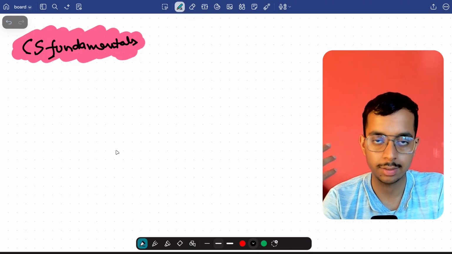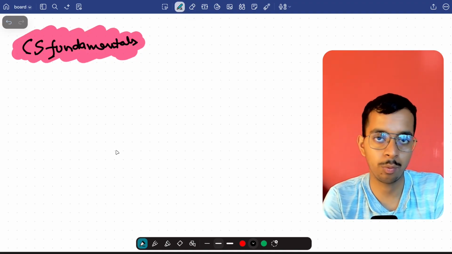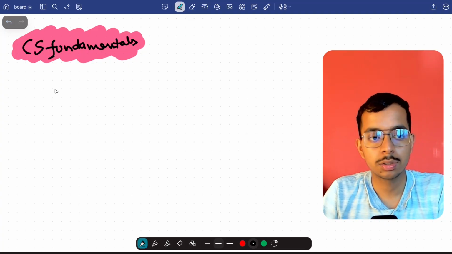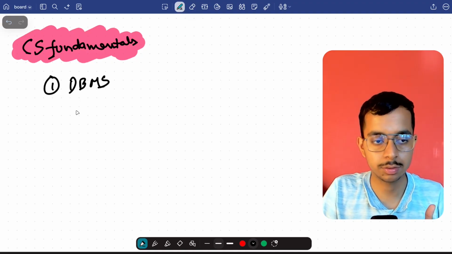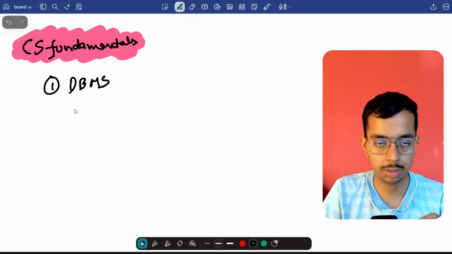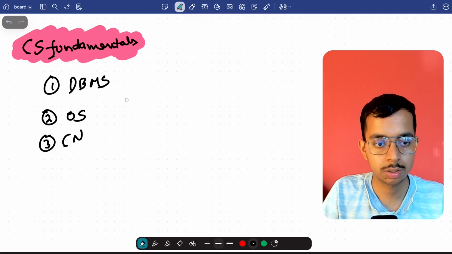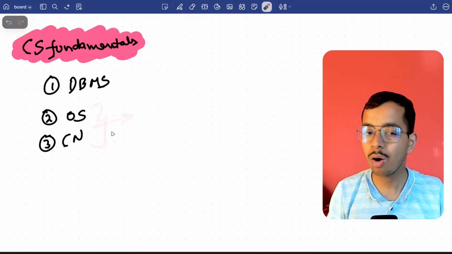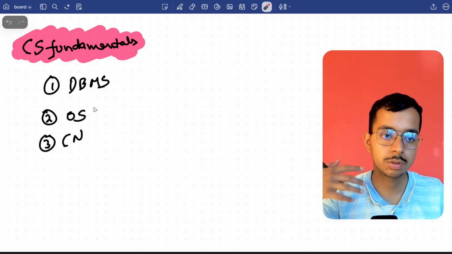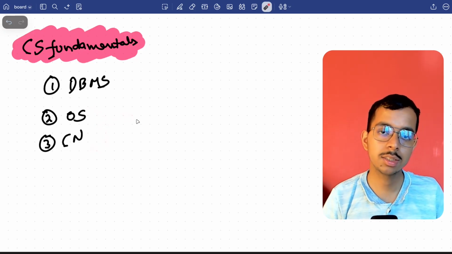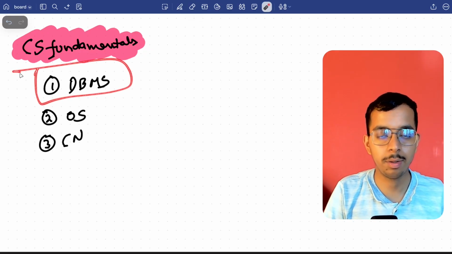Now comes the next section, that is the CS fundamentals. So what kind of subjects will you be needing apart from your programming, projects and DSA? The first priority is DBMS. If you are going for an internship, this is the first thing which they are going to ask. Second, you have operating systems, and third, you have computer networks. For these two, I would say it's not very much required. DBMS is the most important here up till internships. CN and operating systems, you can cover them, but if you don't want, you can leave them also. But focus on the DBMS part a lot.